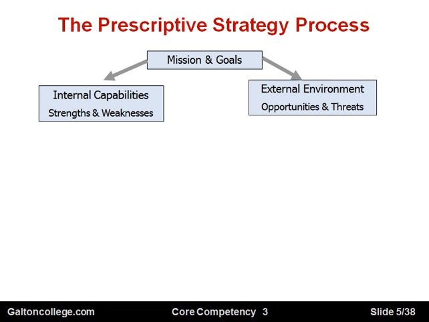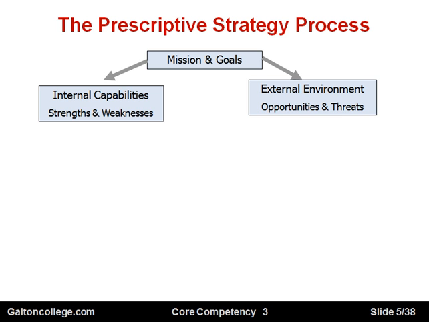So what both of these seem to suggest, the internal and external aspects of the business, is that the business does not, in a sense, operate in isolation. The business must recognize there is an external environment, and it must also ensure that the strengths are maintained and the weaknesses are reduced internally.